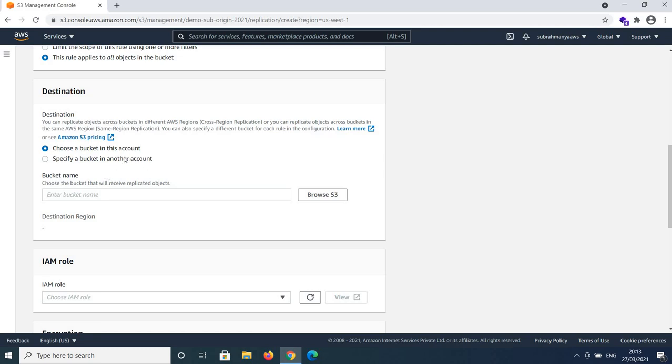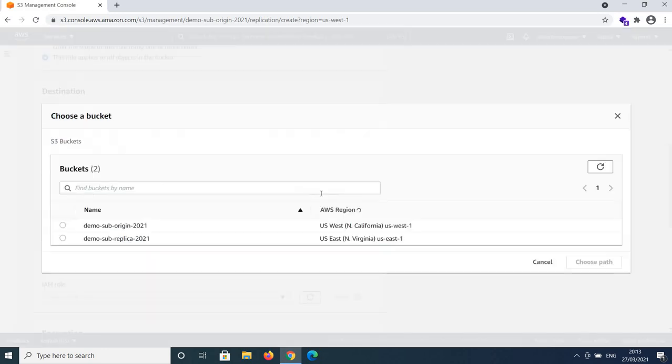Since in my case the destination bucket is in the same account, I will go with choose a bucket in this account. Then click browse S3 and I will select my destination. My destination is demo sub replica 2021. I will select it and I will click on choose path.